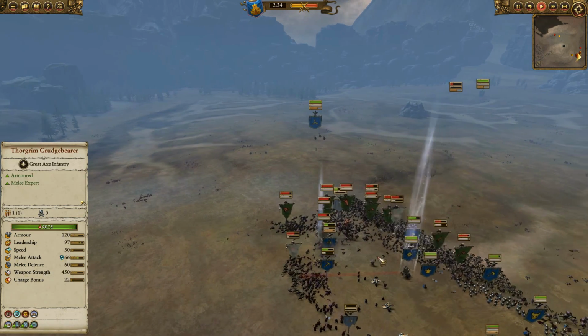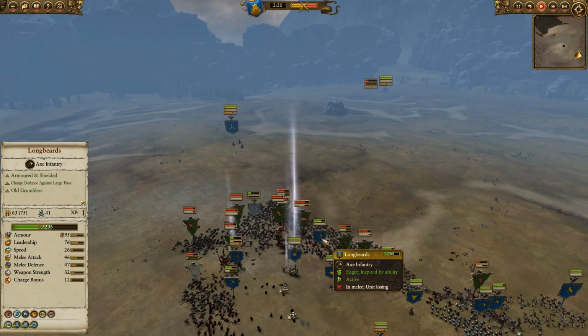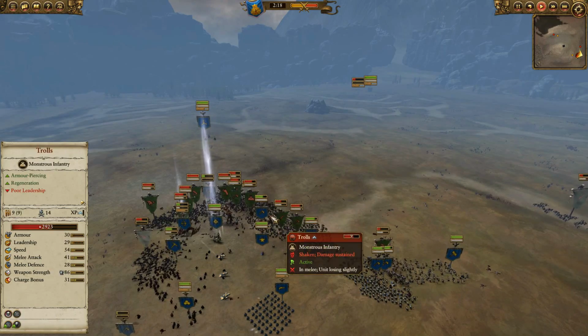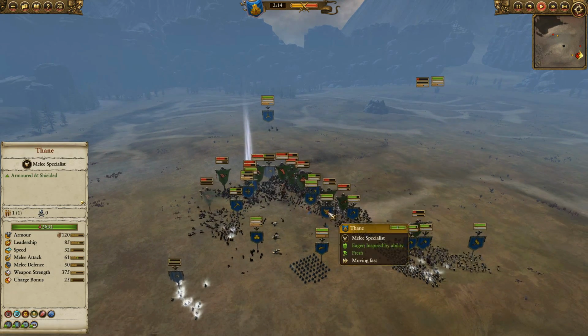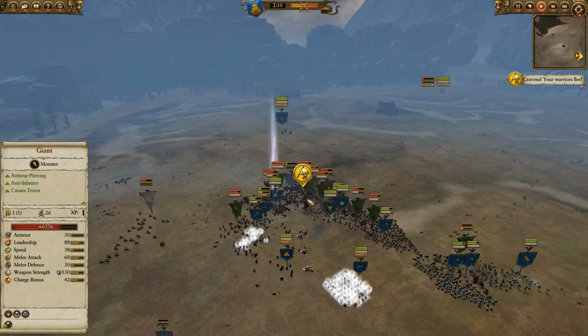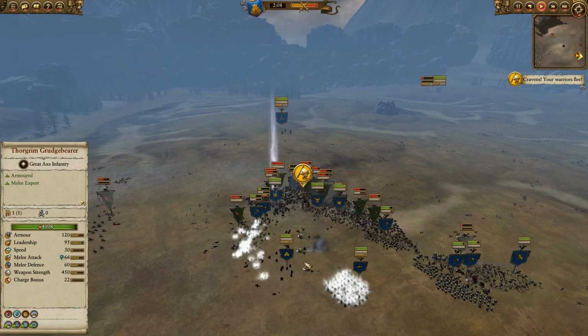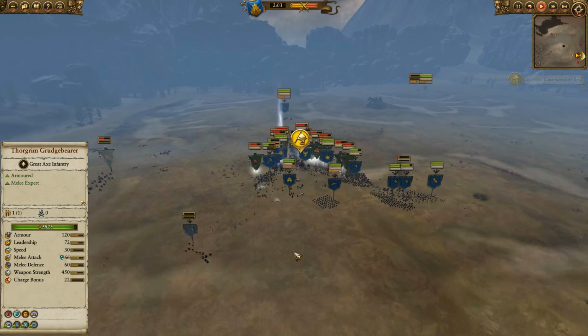I do never get them back online, but look at this giant. Still full health, going to work, killing everything. My Longbeards are holding just fine on this side. I finally get my Thane into action, and I'm slowly rolling this up. But this giant, again, it just... Oh, I think I got my cannon back online. No, they're in melee. So,